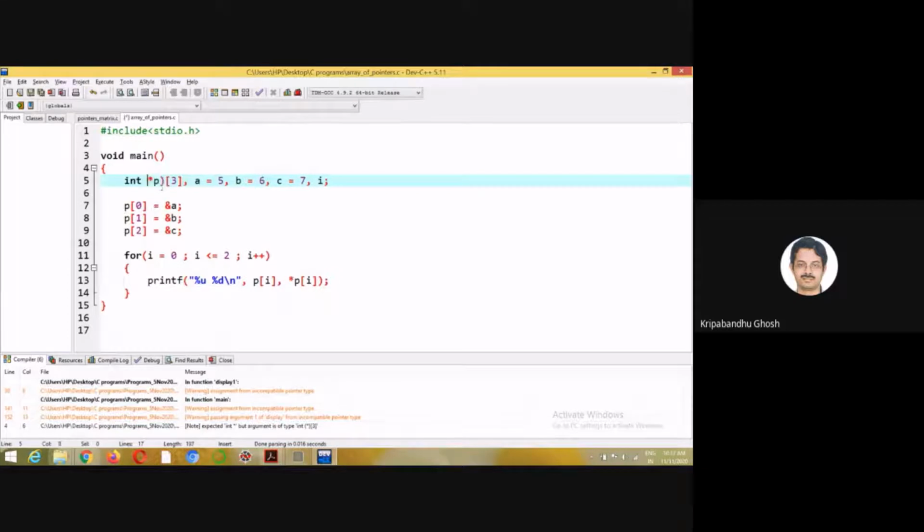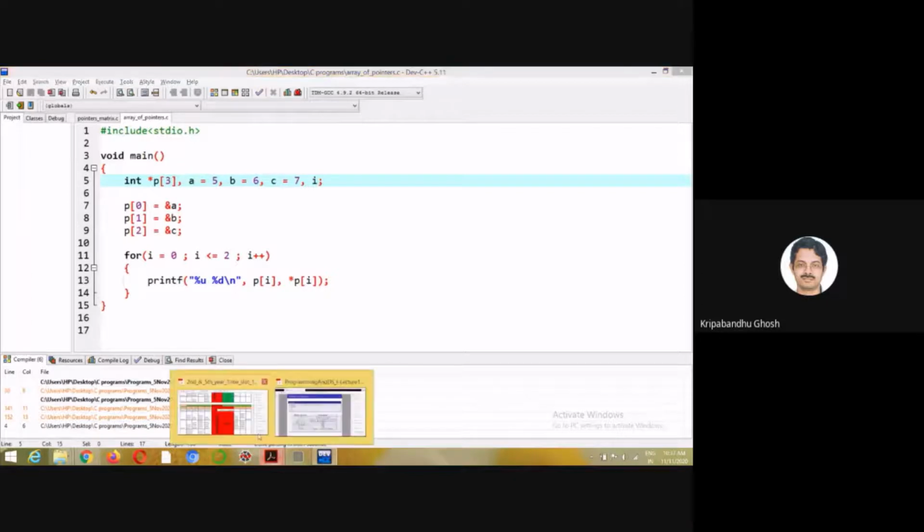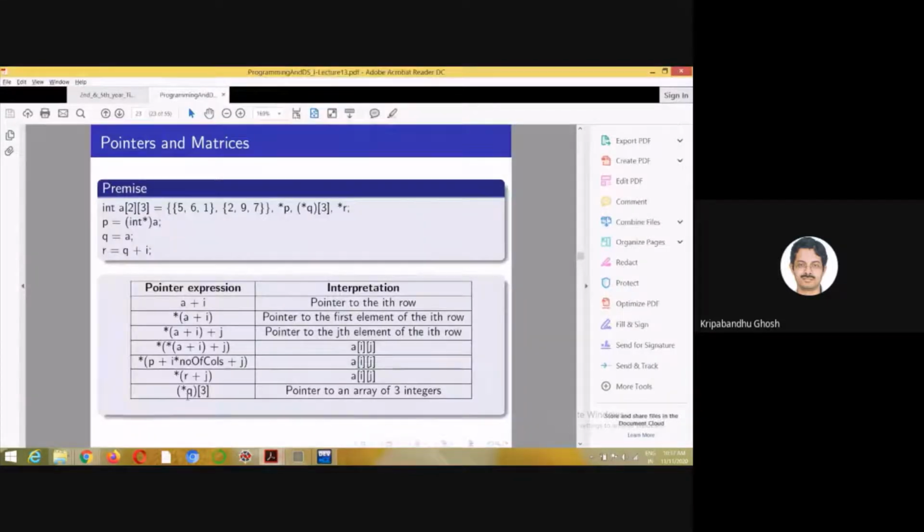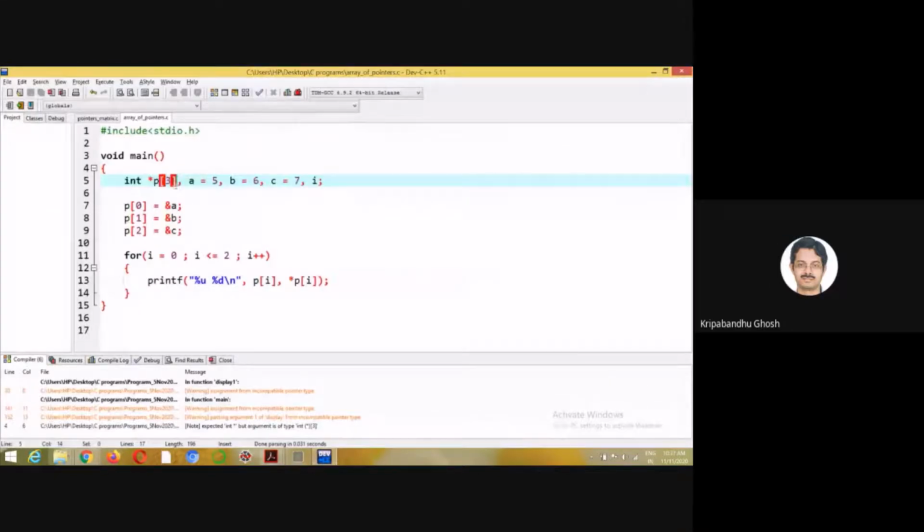Without this, it is an array of 3 pointers. Can you see the difference? The difference is immense. Here it is only one pointer, but pointing to an array of 3 integers. But here there are 3 pointers.